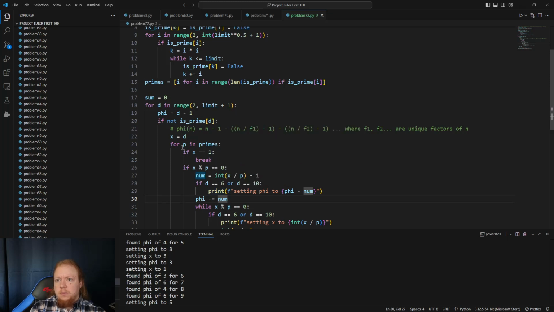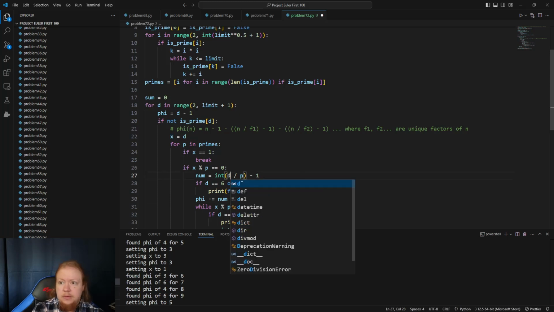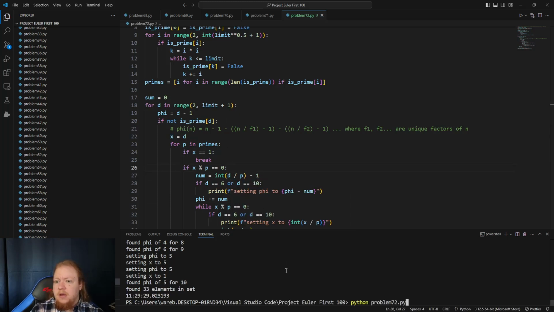So 6, we should be doing... Let's see, so 2, 6 divided by 2 is 3. There are 2 multiples of 2 less than 6. Ah, I see why. This has to be D. Let's see if that gives us the correct answer. 4 for 10. Okay, so we set phi to 5 for